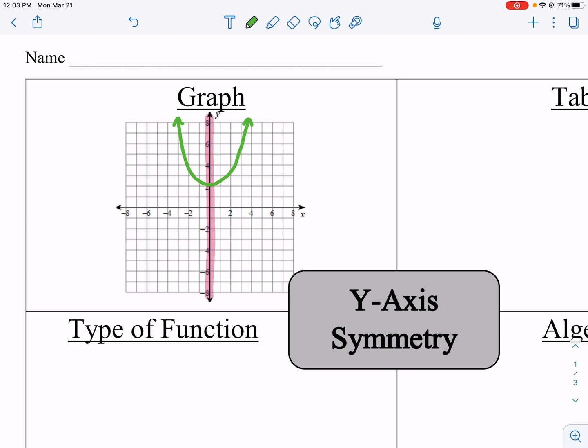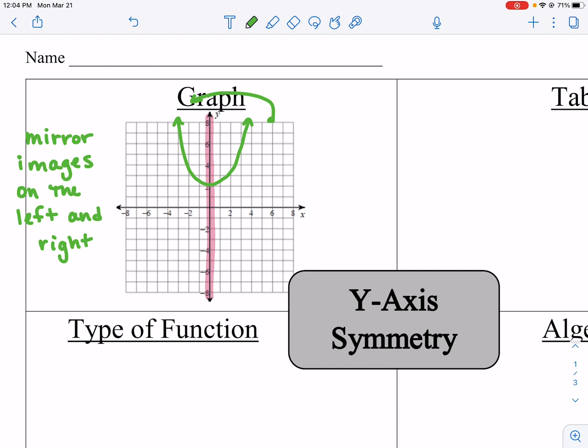And essentially it means that they are mirror images on the left and right. Mirror images of each other. Okay, so if you were to fold this right side over to the left, it would sit right on top